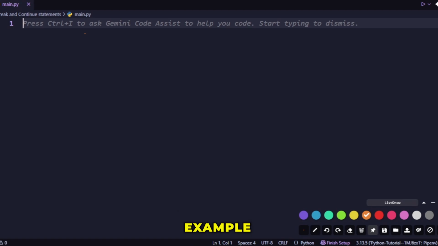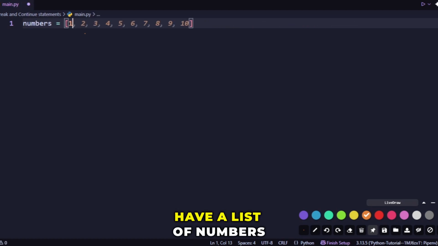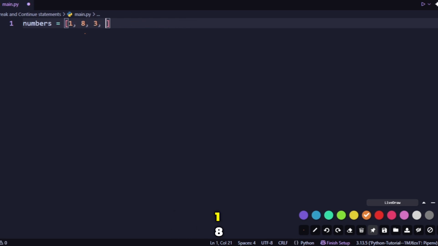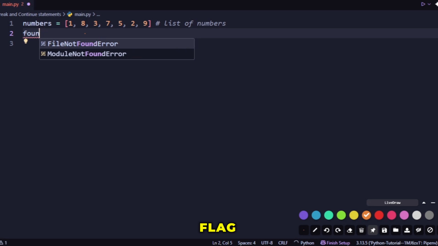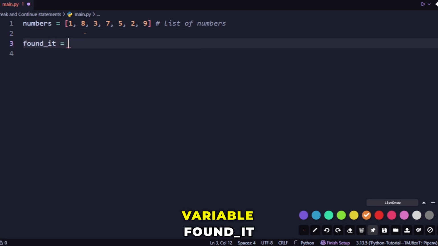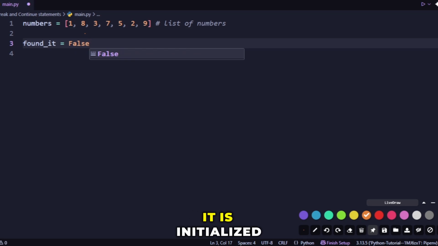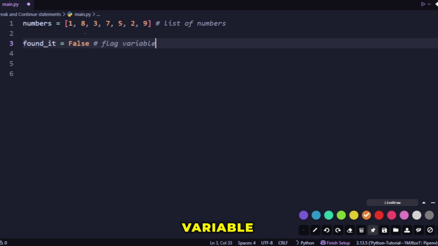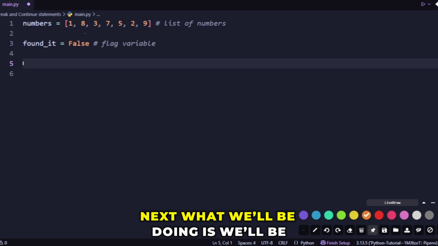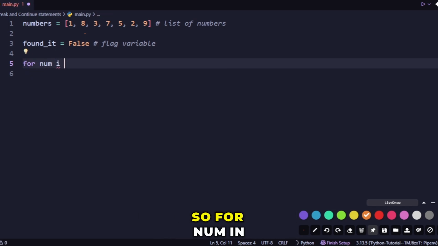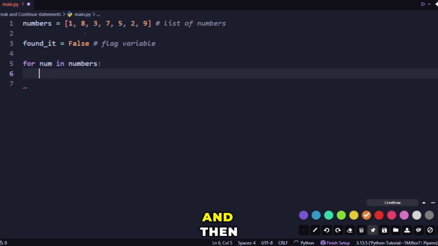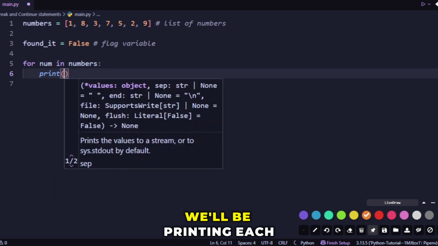Let's take an example. Suppose we have a list of numbers: 1, 8, 3, 7, 5, 2, and 9. So this is our list of numbers. Then let's say we have a flag variable called founded, and by default it is initialized to false. So this is our flag variable. Next, we'll be running a for loop: for num in numbers,